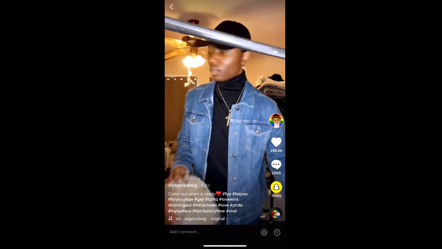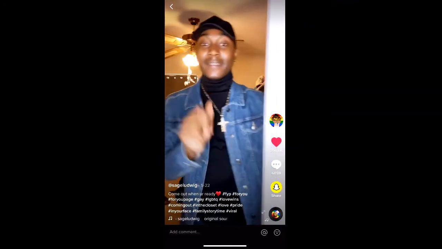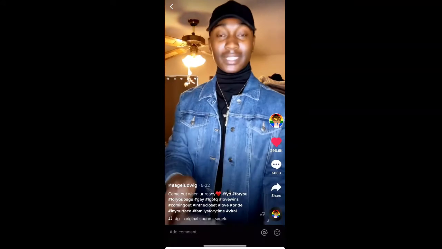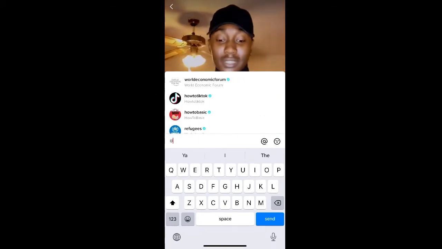By clicking the heart, you can like the video. You can also see comments by clicking the comment icon. And by clicking share, you can share with others. At the bottom of the screen, you can add a comment, which also allows you to tag an account or